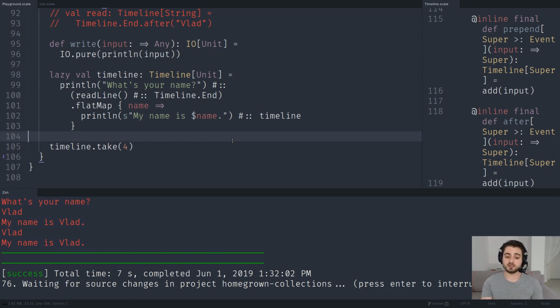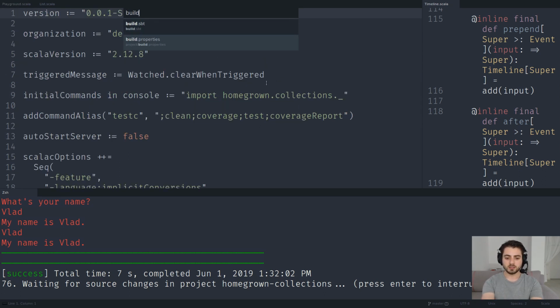And I believe that the Scala compiler team, the standard library team, have been faced with the same challenge as we, and so they improved the Scala compiler. And as of right now, I'm recording this video in the beginning of June 2019, and Scala 2.13 release candidate 3 is already out, and the libraries are slowly being published. So because we're not using many libraries, we can actually already start playing with it, and this is what we're going to do now. I'm going to go to our build file, and we're going to switch from 2.12.8 to